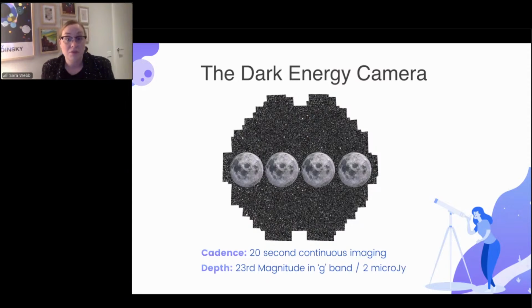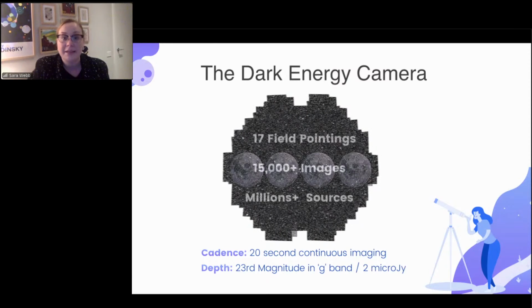What is also really nice about using DECam is the quality of the images and the location of it means that we're able to get to about 23rd magnitude in the g band. So we tend to use a blue band to target those more high energy events that we hope have a lot bluer color spectrum. And so we can get to about 23rd in 20 seconds, which is phenomenal. It's a good chunk of the sky that we're able to interrogate.